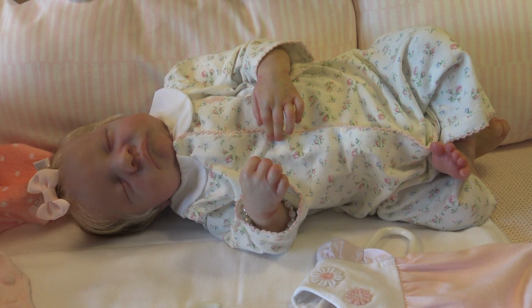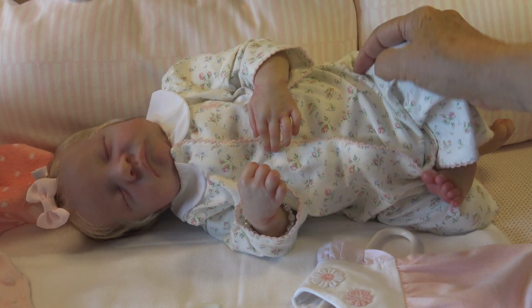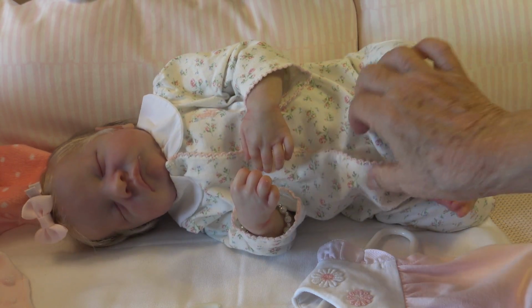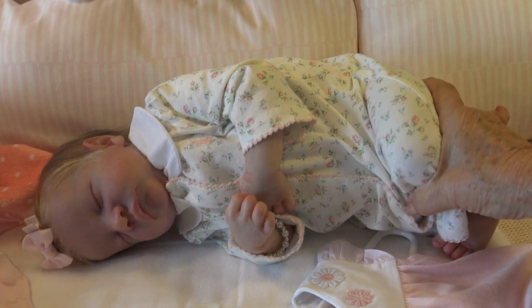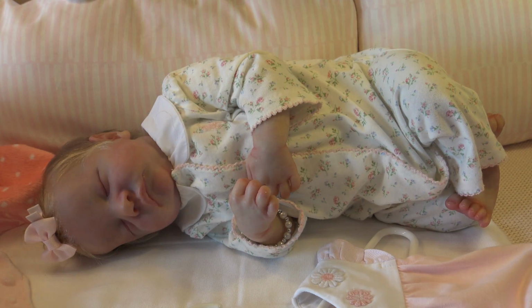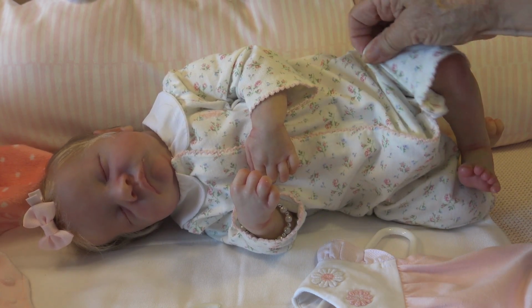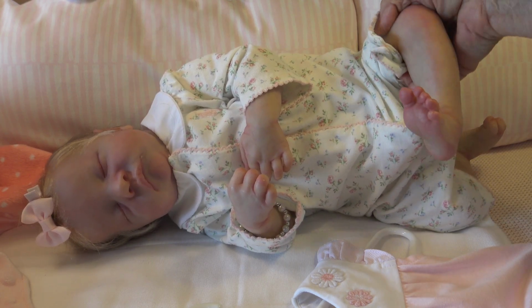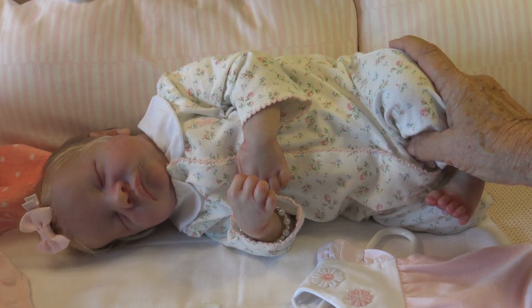There. My Levi sculpt, and she was reborn by Amanda Hannon of Chrysalis Babies, Chrysalis Dolls, and she is one of my favorite sculpts, as everybody loves this sculpt, but also she's just one of my favorite babies. I have to say she is one of my forever babies. I don't think I'll ever let her go. Even though everybody seems to have one, it's just one that I wanted, like the Saskia, one that I wanted